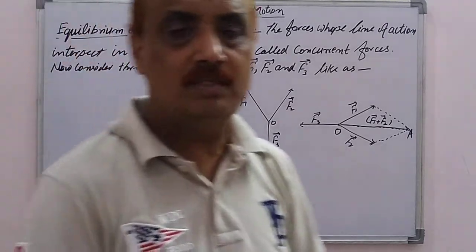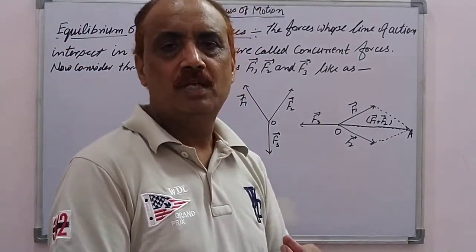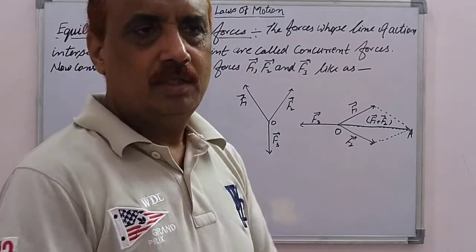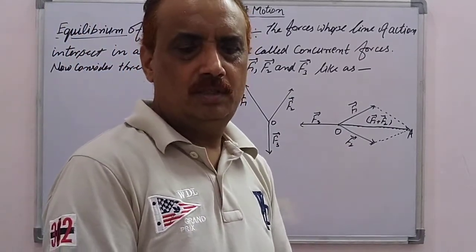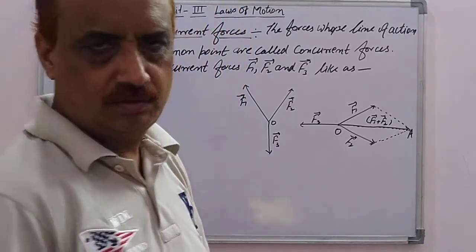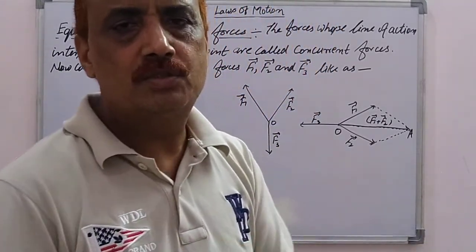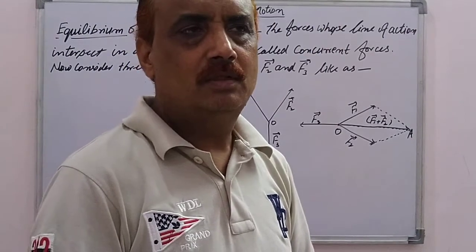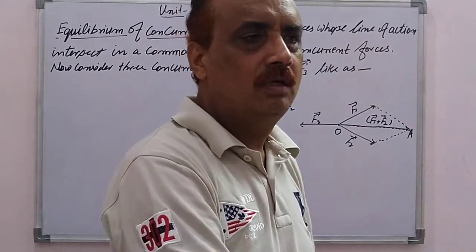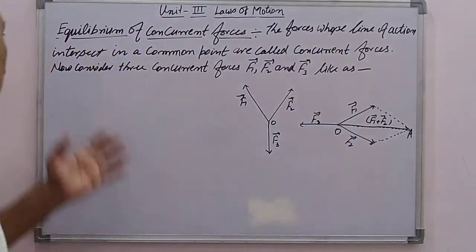Equilibrium of concurrent forces means that if a body is in an equilibrium condition, the net force acting on the body should be equal to 0. Whether the body is moving or in its state of rest, the net force acting on the body will be 0. In that situation, all the forces are said to be in equilibrium at a point on that body.